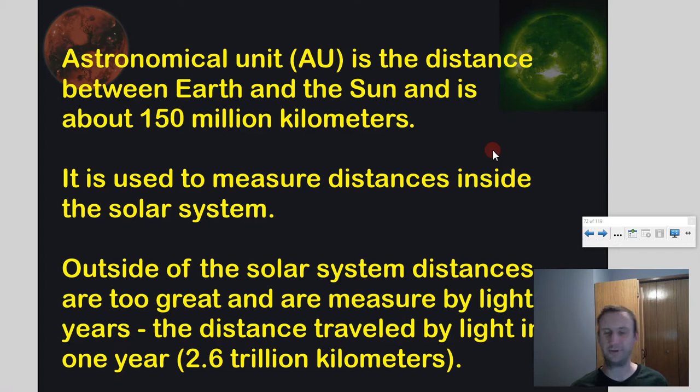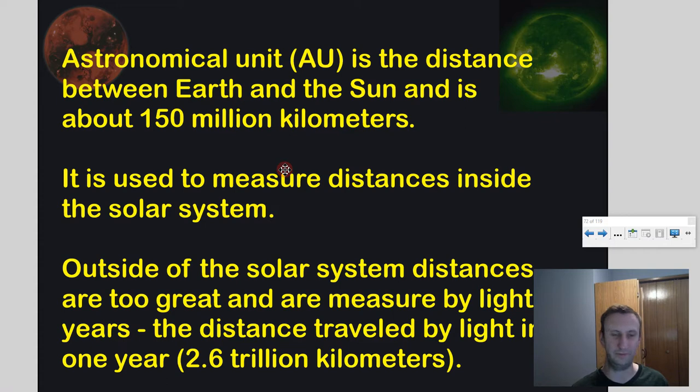So let's talk a little bit about different distances that we use to talk about stuff in space. First of all, the astronomical unit, or AU, is the distance between Earth and the Sun. So when we talk about things in our solar system, it's really useful to talk about the AUs. That equals about 150 million kilometers. There's some variation as Earth orbits and gets closer to the Sun and further away, but it equals 150 million kilometers or thereabouts. It is used to measure distances inside the solar system, and outside the solar system, distances are